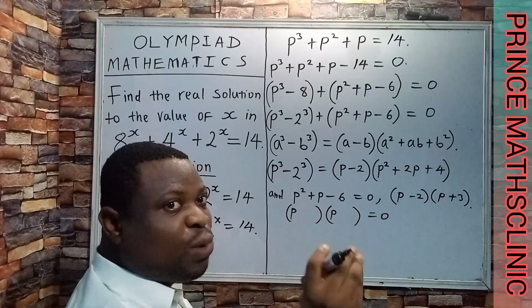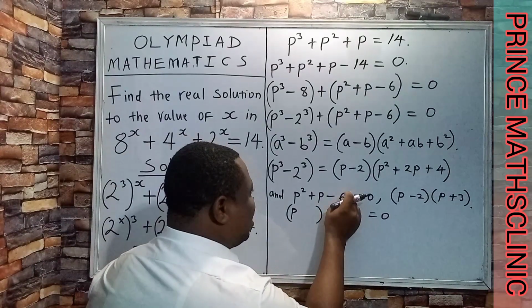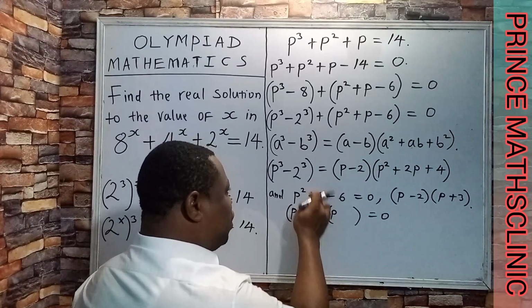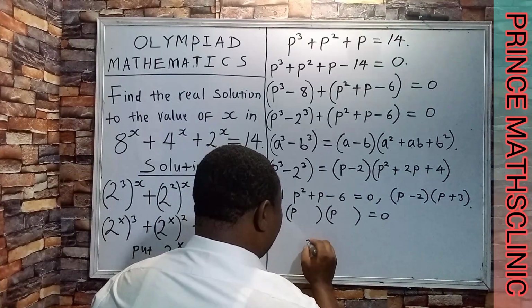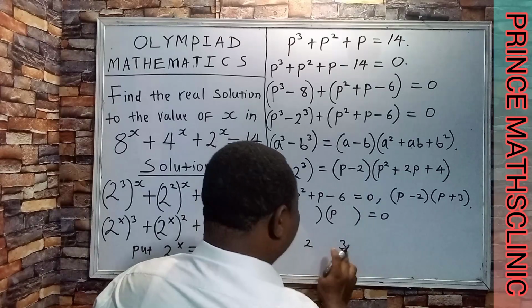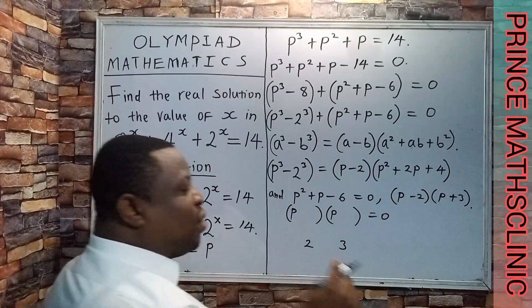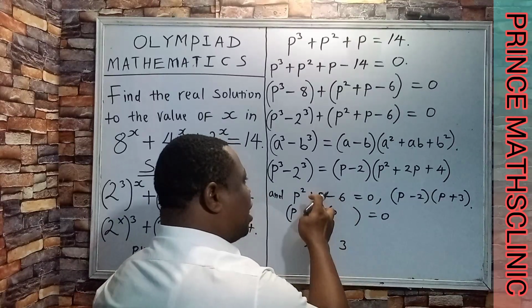Now, what two numbers will I multiply to give me minus 6, and add to give me positive 1? That is the coefficient here. So, it is 2 and 3. 2 times 3 gives me 6. But where will I put the minus so that I will obtain the minus 6 and have a plus 1